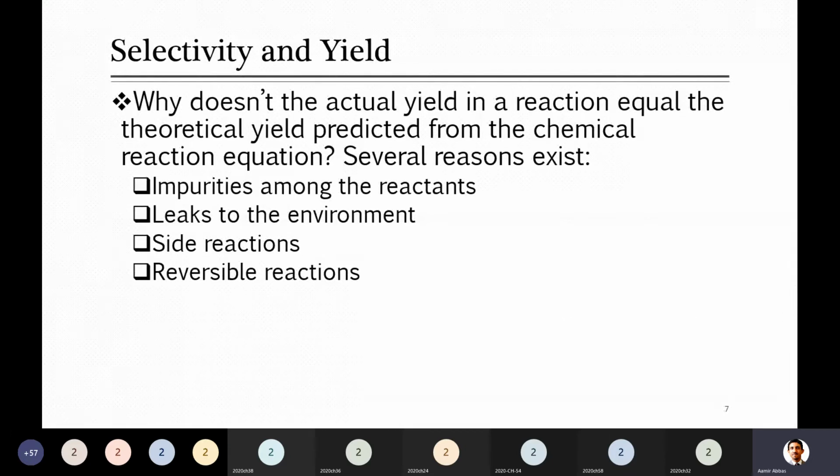So that's the reason. Third, you already discussed that if a side reaction takes place, in the third case your amount is complete. For example, it is pure 100%, there is no impurity, there is no leakage, but the third thing happened: some side reaction takes place. And then the fourth case, reversible reactions. I think you are well aware of these reversible reactions.